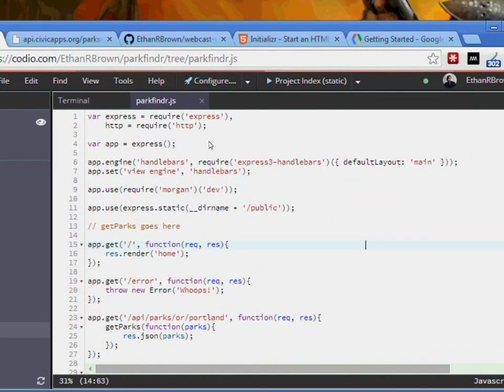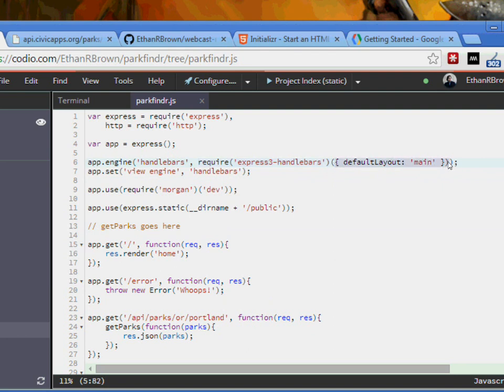So the first thing I do is I bring in Express and HTTP, and then I create a new instance of Express, and then I link in the app, the handlebars engine. The way you do that is a little bit messy in my mind, but I typed this 5 million times and it's just natural now. You first specify an engine, you give it a name, we're just calling it handlebars, the name can be whatever you want. And then I'm requiring the Express3 handlebars packages, and that returns a function that takes a configuration object,